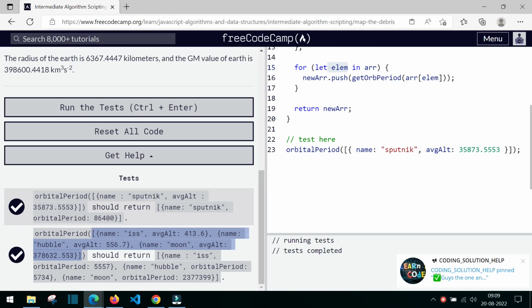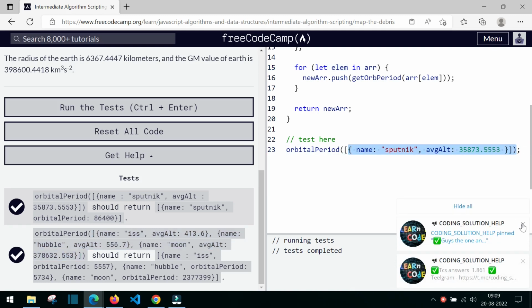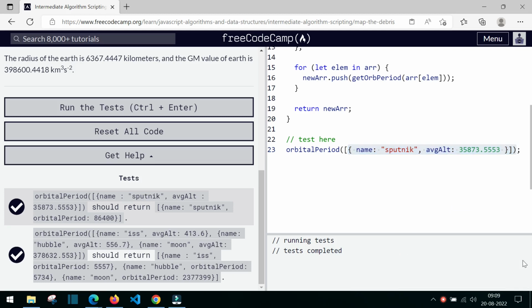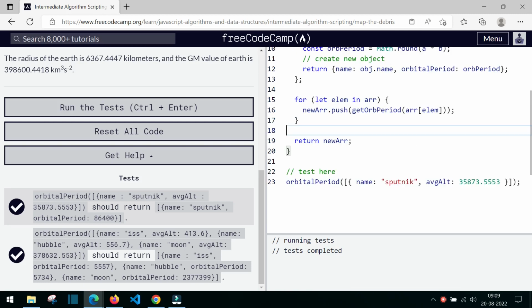So many objects are there, but here we are having only one object called Sputnik. If there are many objects, we are going to access every object of that array using the name of lm. Then we are going to push it. That is what we are going to do. For example,